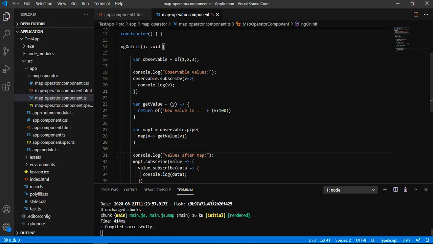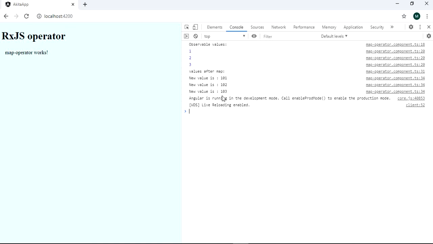So we have printed the values of the original source and the values that are mapped with the help of the map project function.